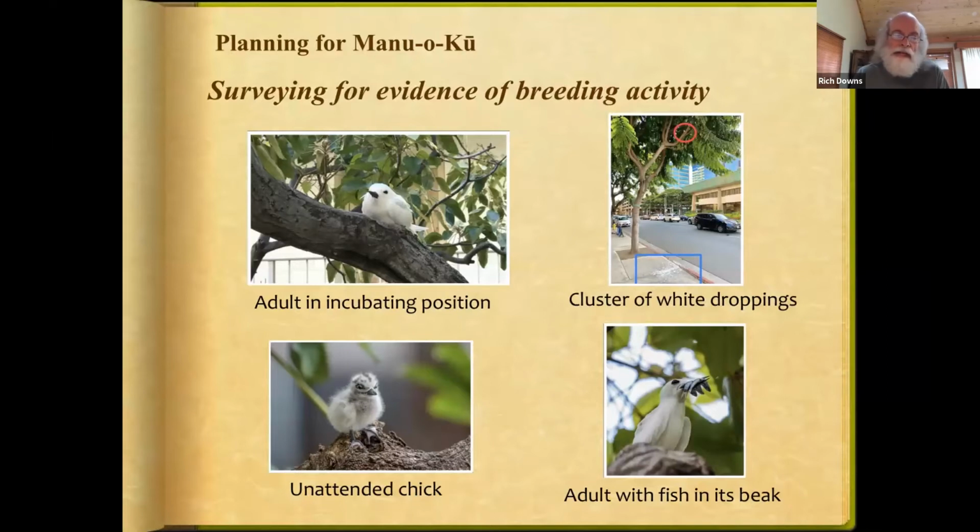We call that the nesting position or incubating position, where they're hunkered right down, wings in tight, and often you see the actual bump of the egg under their feathers. And they will sit there pretty calm day after day after day. Another clue is once the chick hatches, it sits up there in that same spot. You typically don't wander more than a few inches away from the spot where they hatch,